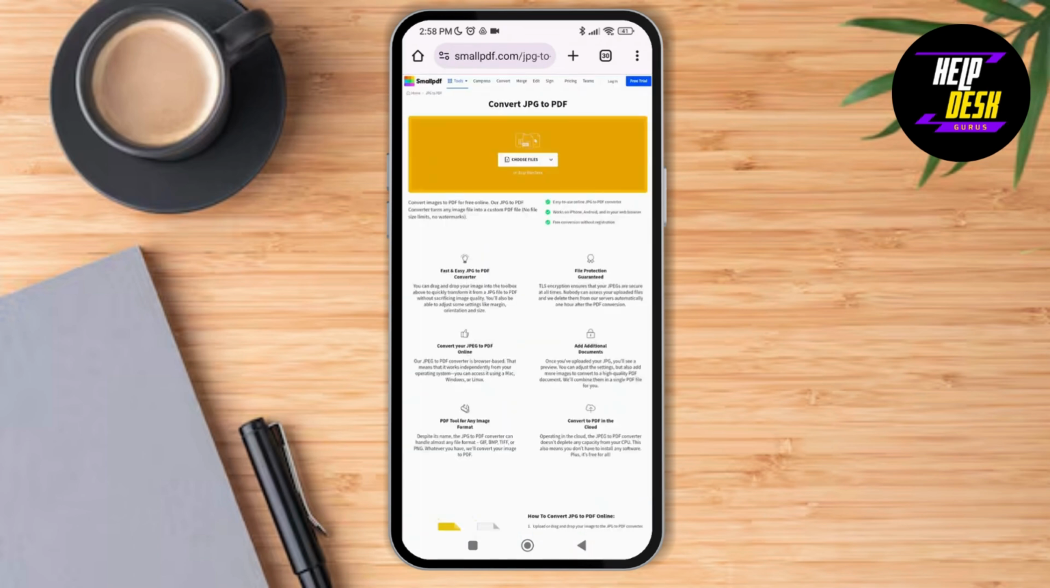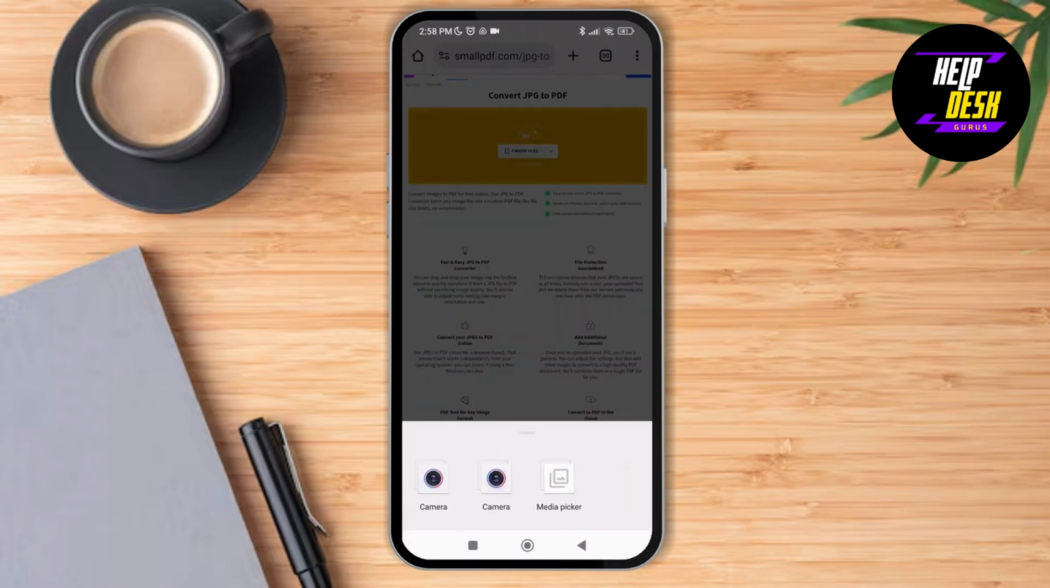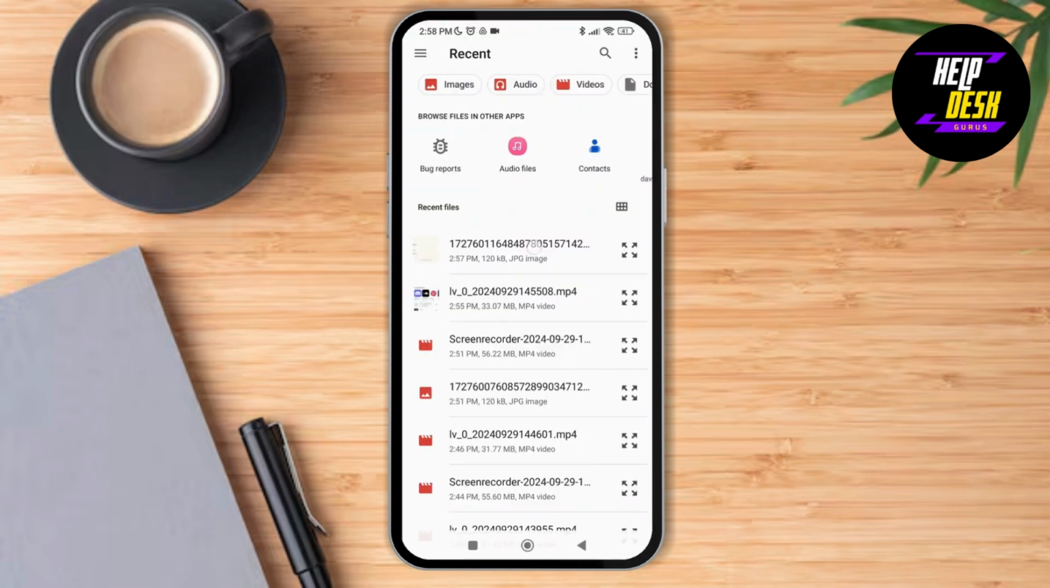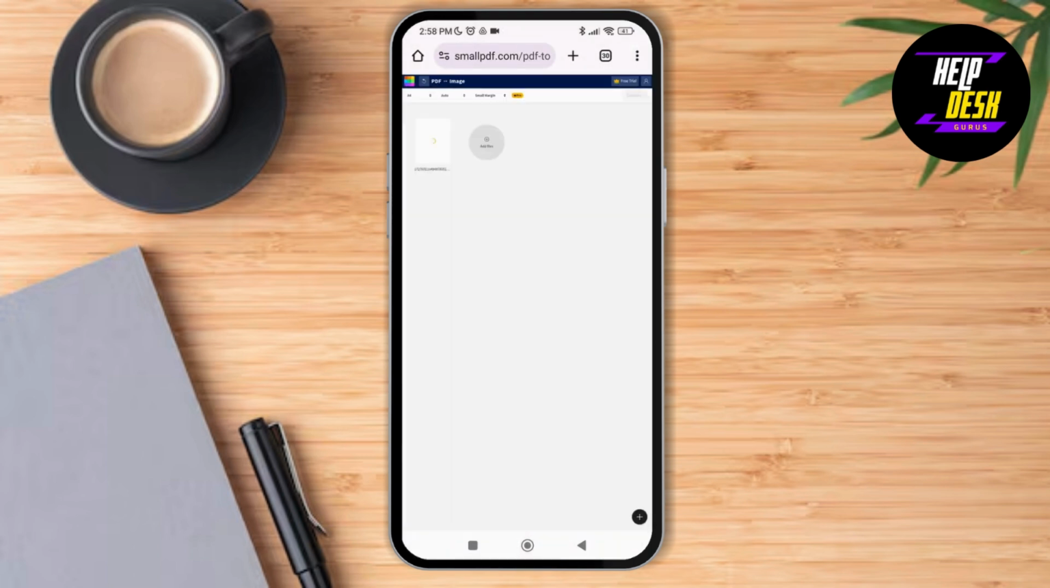As you tap on that, you just have to tap on choose files. Then you'll be able to tap on the media picker, and it will lead you to the file manager options. Then select the image that you want to convert to PDF. Right now you'll be able to see the convert option at the top right. Tap on it,